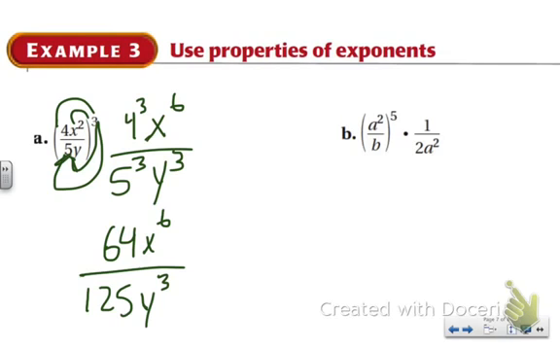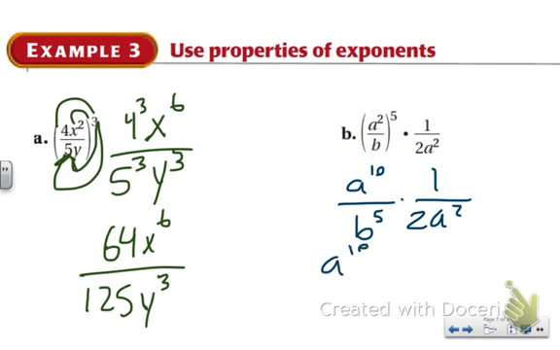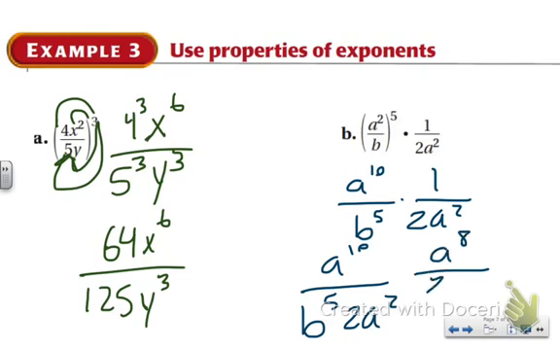And then for b, a squared over b to the fifth power becomes a to the 10th over b to the fifth times 1 over 2a squared. And then we end up with a to the 10th over b to the 5th times 2a squared. A to the 10th over a squared is a quotient that we're going to subtract, so we end up with a to the 8th on the top over 2b to the 5th. And don't forget, even though I had b to the 5th times 2 on the bottom, because multiplication is commutative, I can switch that. And that would be it for this